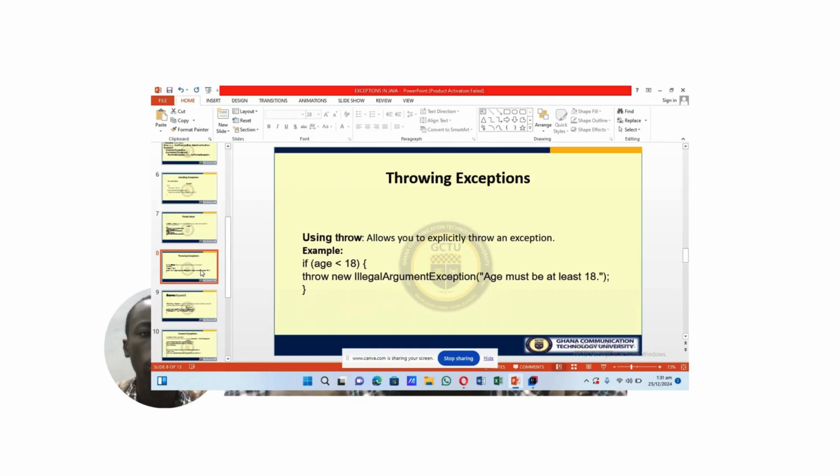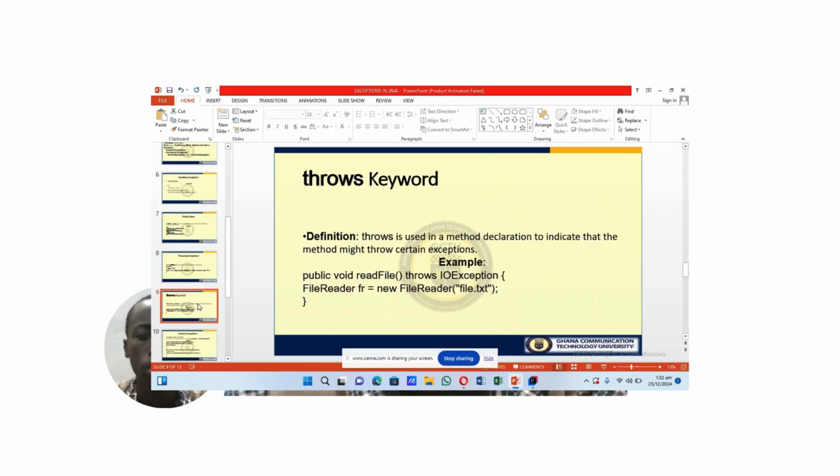Using throw allows you to explicitly throw an exception. The throw keyword is used to explicitly throw an exception in the program. This is useful when you want to signal an error condition in your own code, rather than waiting for a system-level exception. The operator equal to scanner.next stores the operator that the user enters into the operator variable. Throws keyword. The definition for a throws keyword is: